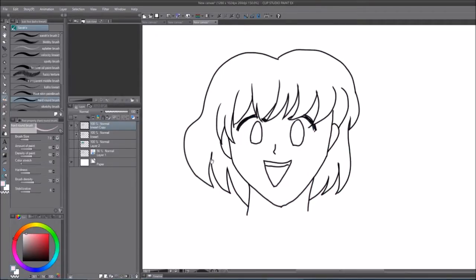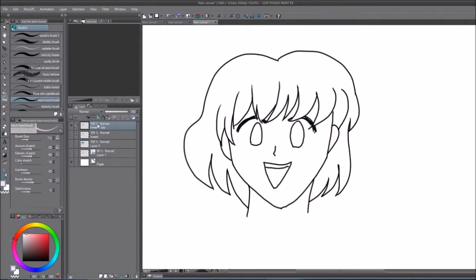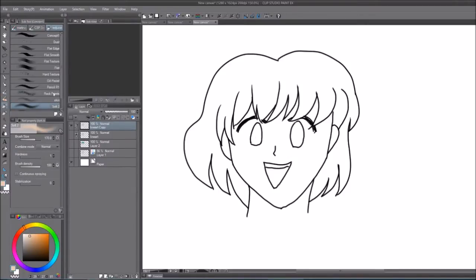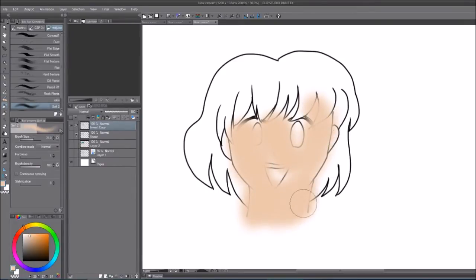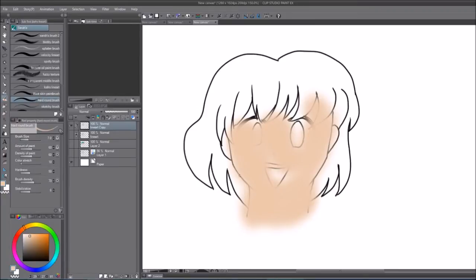So you can always make a really soft brush here. You can always work through the layer and